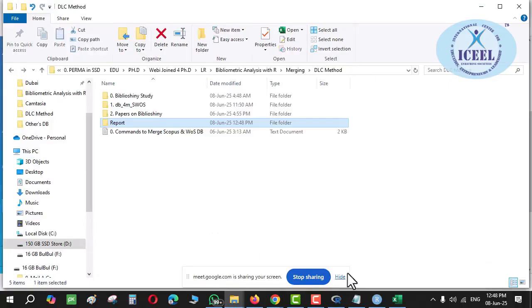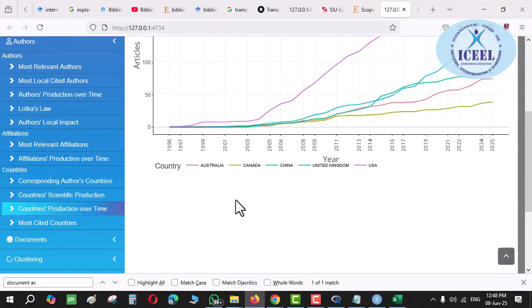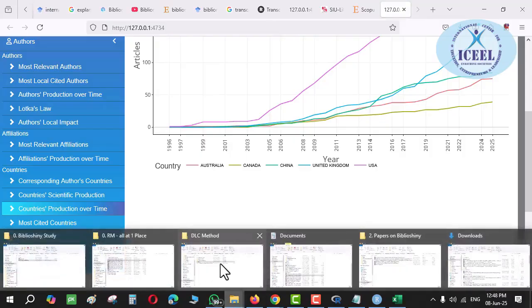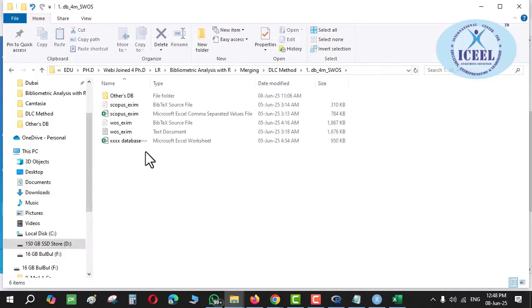Second time also, if you have to do it, whenever I refresh this window, as I think you were absent in the last session, all the bibliometric analysis that I've done will vanish. You will see nothing. By mistake, suppose you have not kept this database with you, Ajay bhai, you will be in trouble. This database has to be saved by you, so that a second time also, if you want to do the analysis, you will be able to do it.